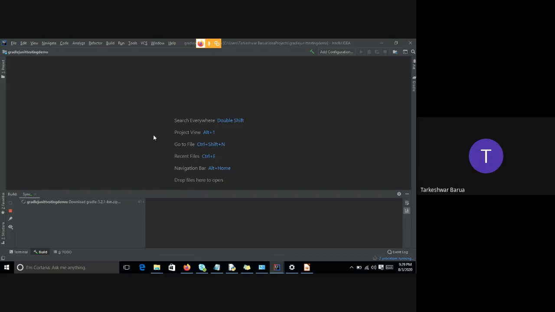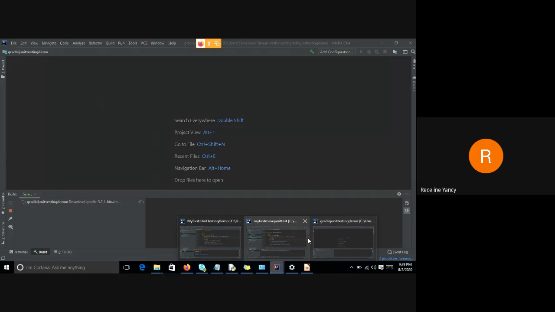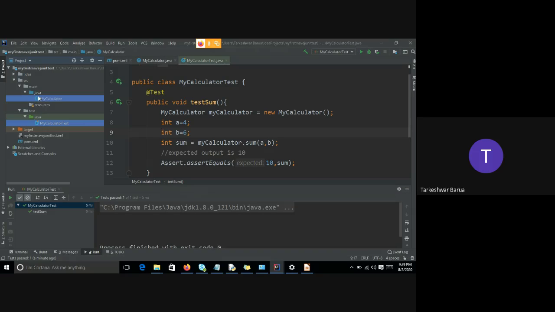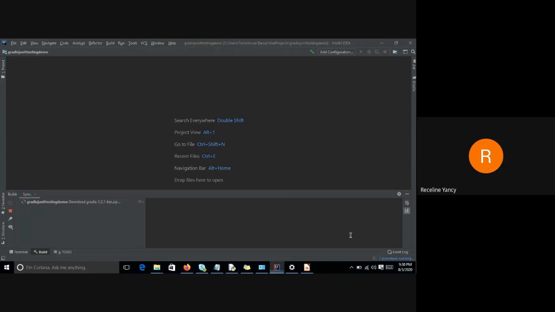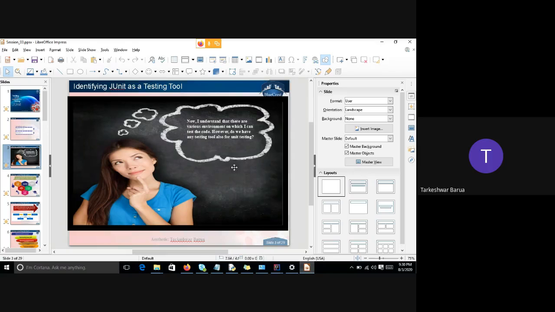The first time it may take a small amount of time, but the code remains the same. The file structure remains the same. Whatever folders are available in this package, the same folders are available in this package too. So it is downloading. Let it download, and in the meantime, let's proceed.